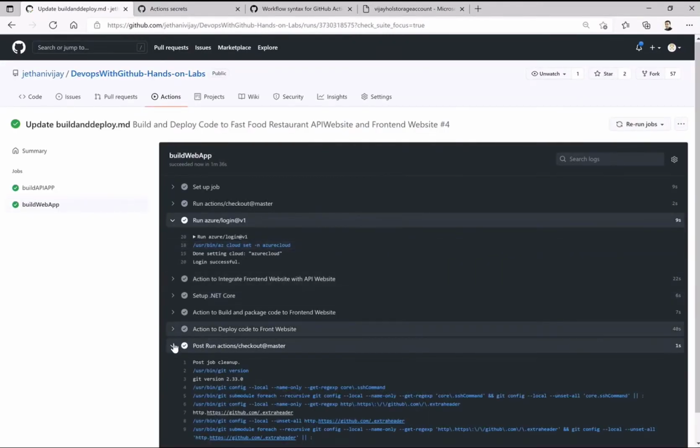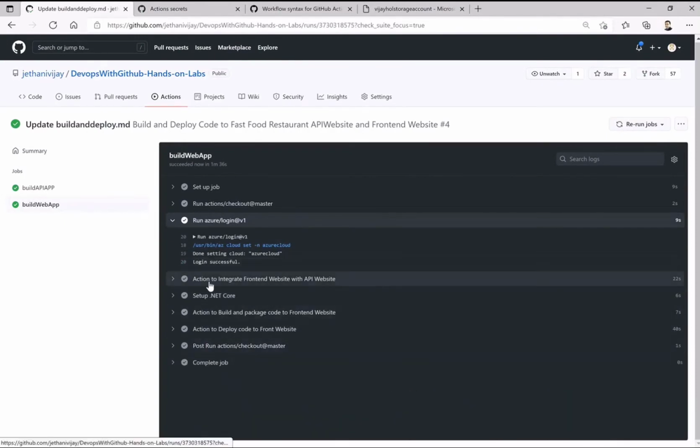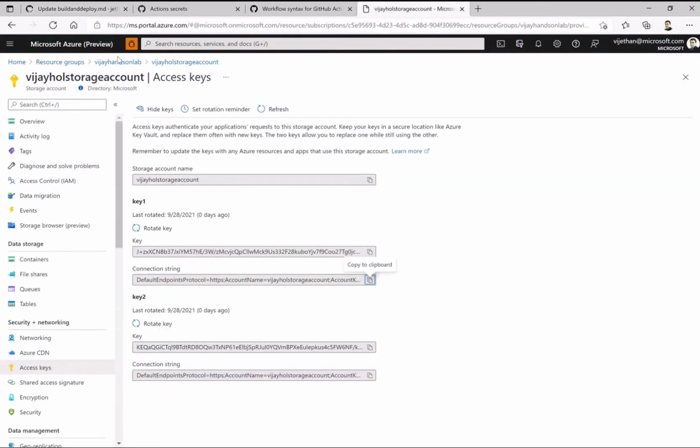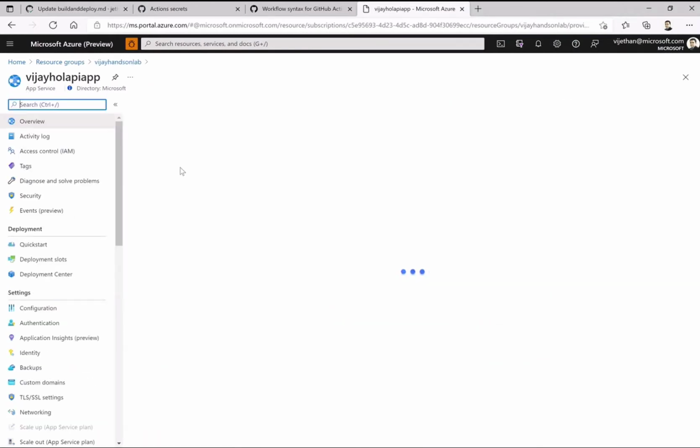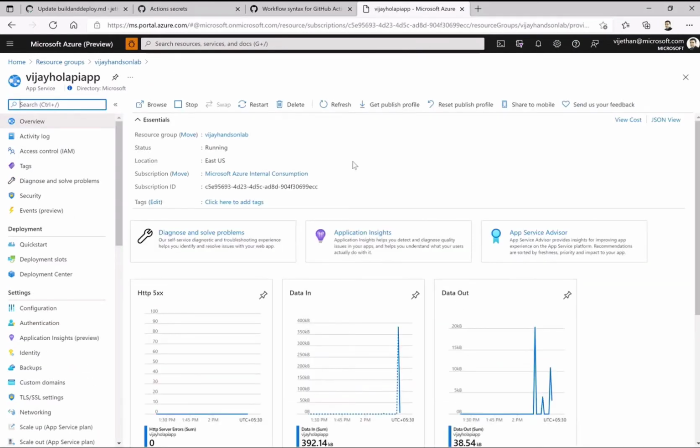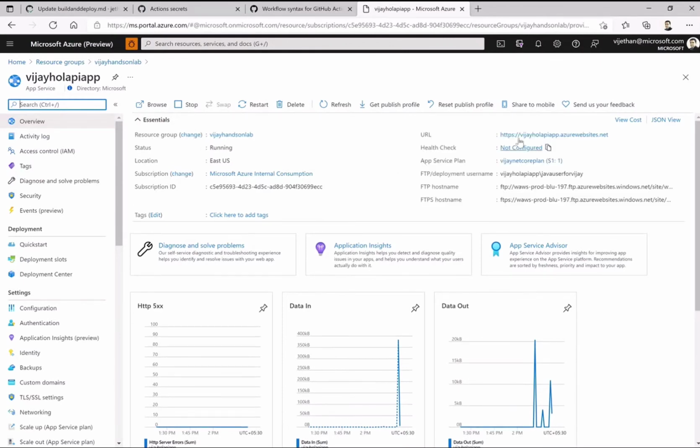Now let's first check what we have as part of the API. Let me browse to that particular one. Let me go to my hands-on lab. Let me see what I have as part of my API app. This is a blank array, and that's true because we have not uploaded any images.